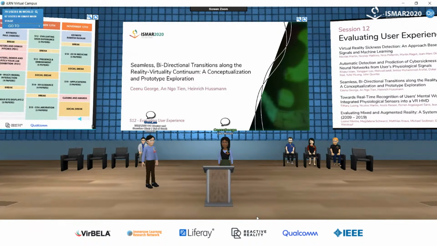Yeah, sure. The second approach, we refer to it in the paper as Sky Portal, and it's basically a view into the parallel reality. If you look up, you basically see a view into the other reality. So it's not directly in your field of view. When you're walking through the environment, you have to look into it directly by looking up into the sky, basically.